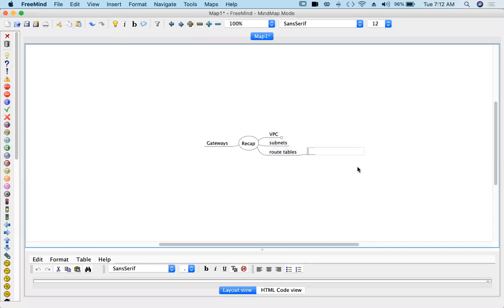So for public subnets, route table should have IGW. Then only they can route traffic to outside internet.